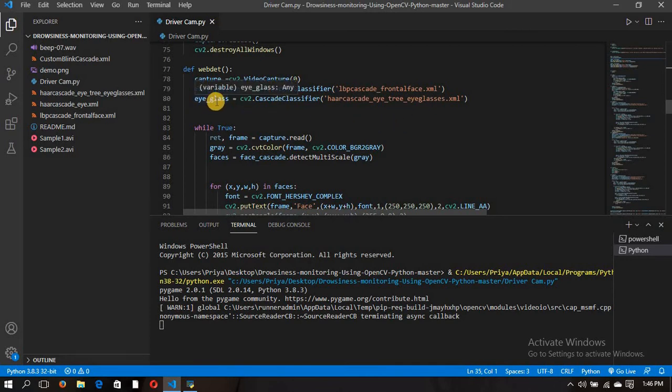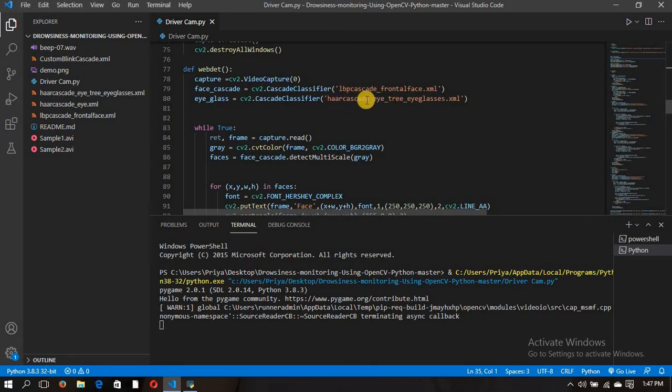Then eyeglass equals cv2.CascadeClassifier, and again we have passed an XML file to it. Here the cascade detector is nothing but an XML file with certain attributes of faces. We can use these XML files for face detection. It is available on GitHub as a raw file. You can download it and store it in a particular folder.